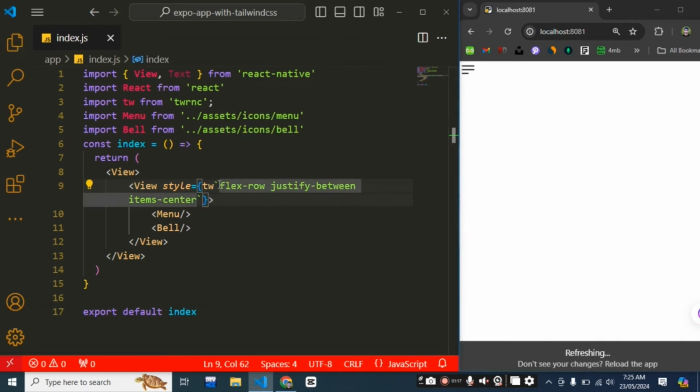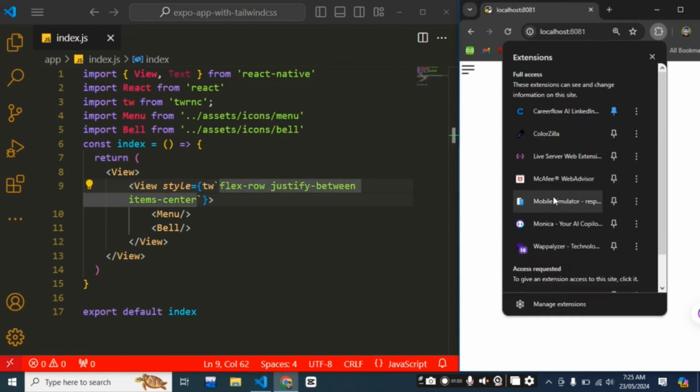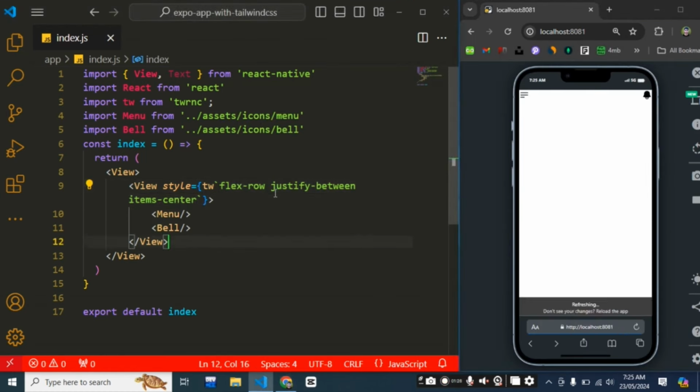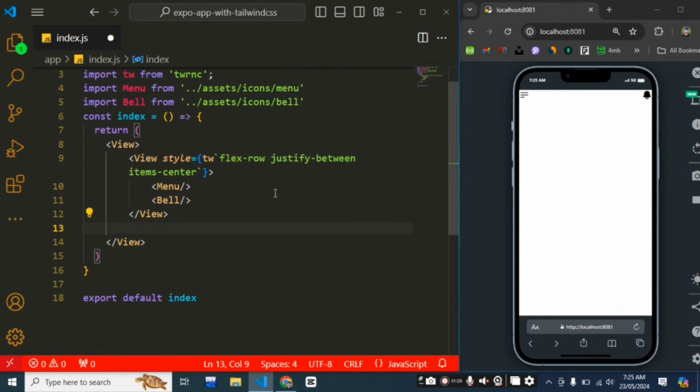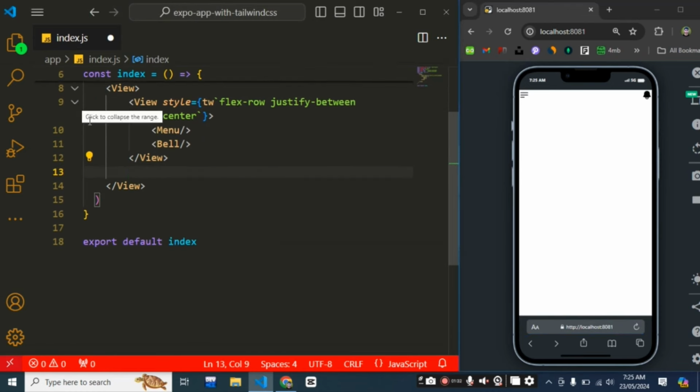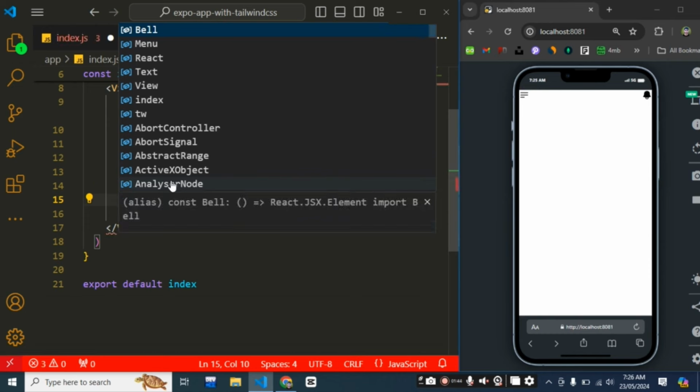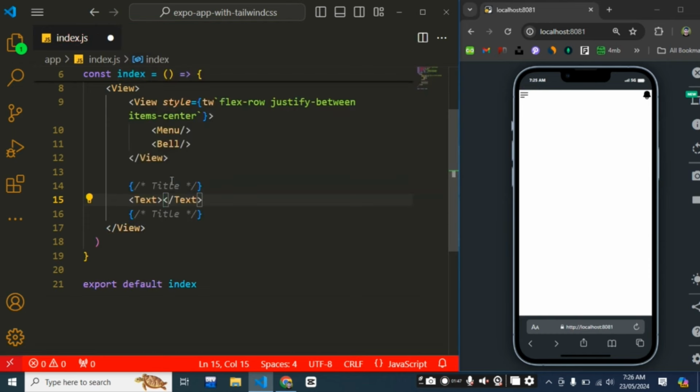So it's looking good now. We have to open the mobile simulator so we can see the changes live. So we have created our top bar. Now it's time to create our next component, which is our titles. So comment it out so we can write the code for the title between these comments,